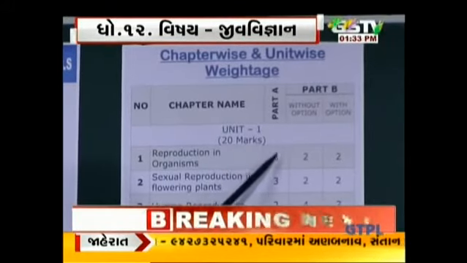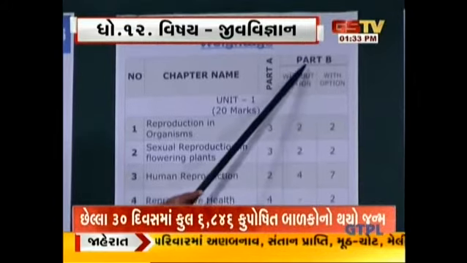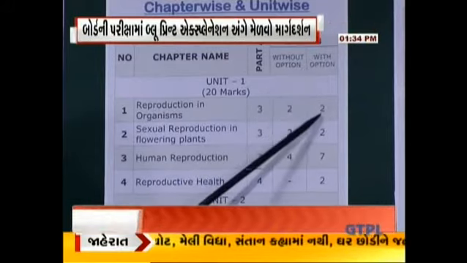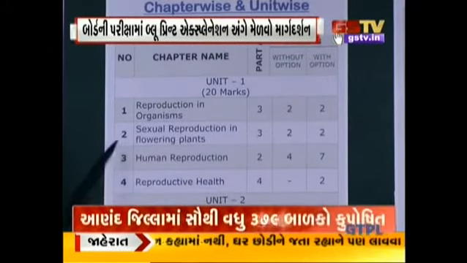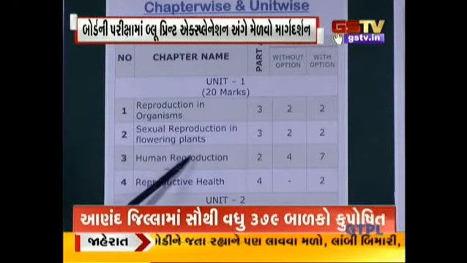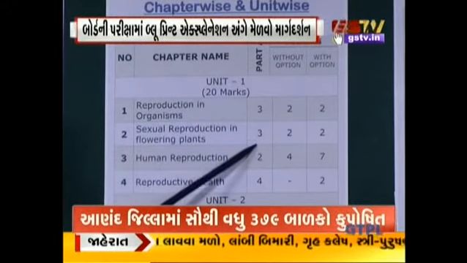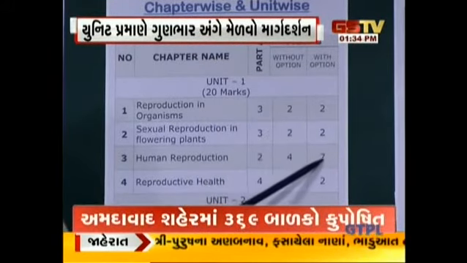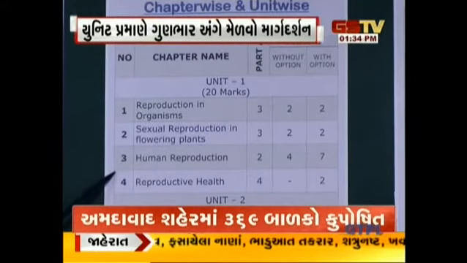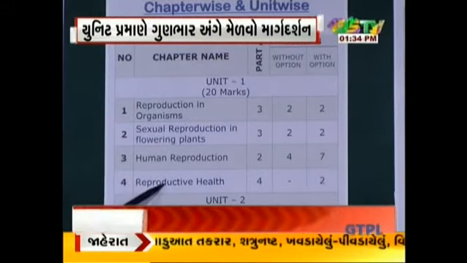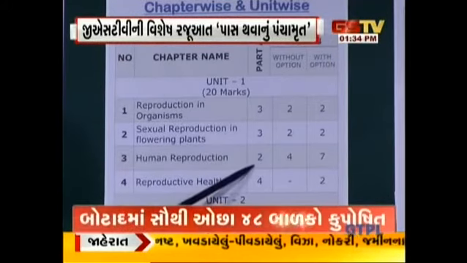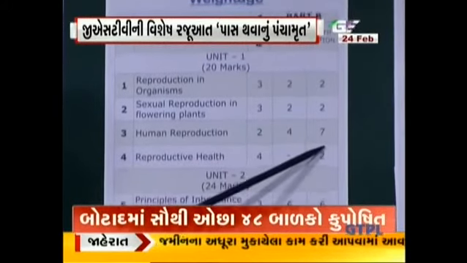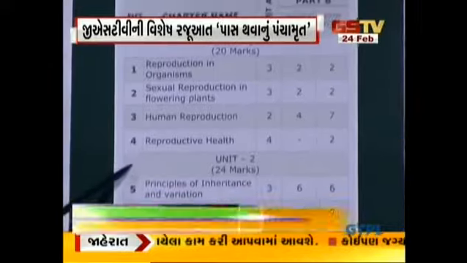In part A, that is objective, there are 3 marks, and in part B, that is subjective question, without option 2 marks and with option 2 marks. Now when you go to the second chapter, that is sexual reproduction in flowering plants, in part A there are 3 marks and in part B without option you have 2 marks and with option 2 marks. Now chapter number 3, that is human reproduction. In part A the allotted mark is 2 and in part B without option 4 marks and with option 7 marks. Now chapter 4,